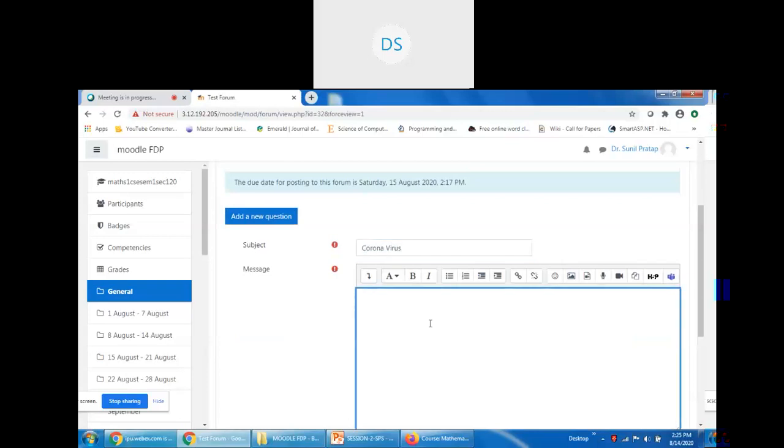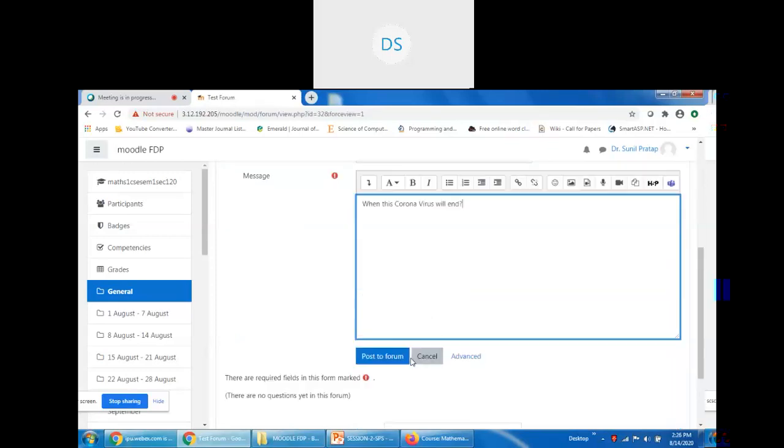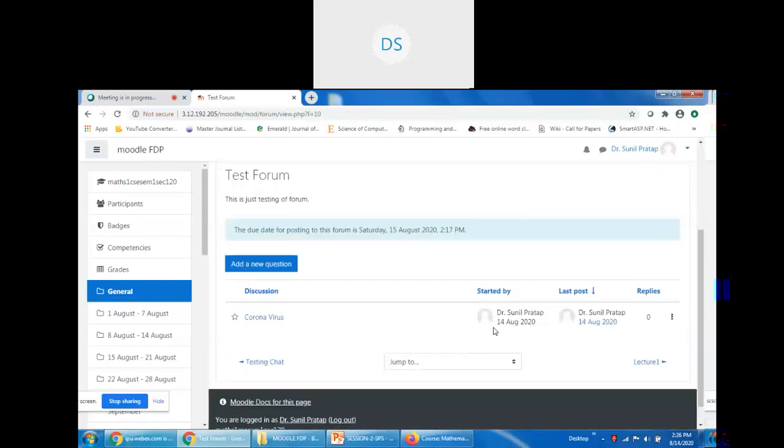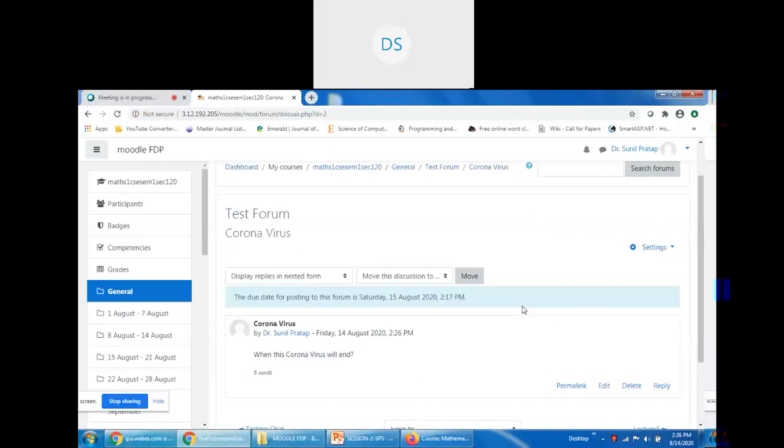And the message, the question is, I'm asking my students when this coronavirus will end. Okay. So post to forum. You may add more questions. This is a grid where you can see the discussion is coronavirus. By clicking on this, you can see who has answered or not.